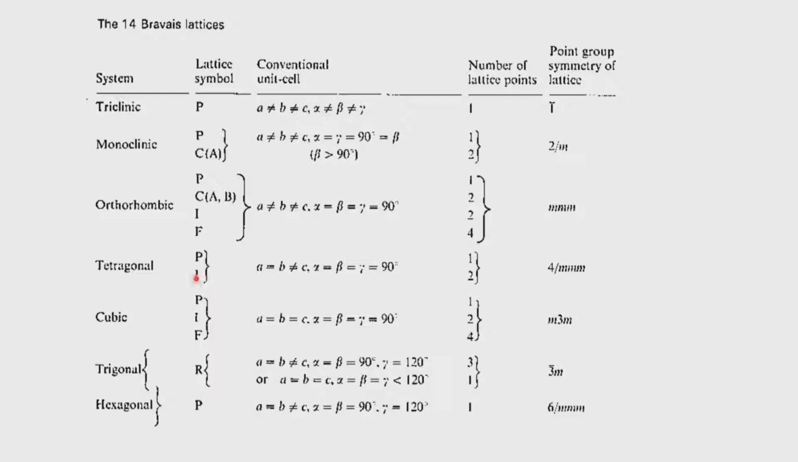Because A equals B and is not equal to C, we cannot have a face centered lattice, because the face centering will automatically change the ABC, since translational periodicity is operational here. Therefore, we get only a primitive and a body centered lattice in the case of the tetragonal system. We do not get any other type of lattices, and this gives us the number of lattice points 1